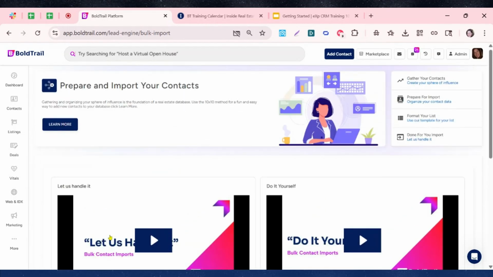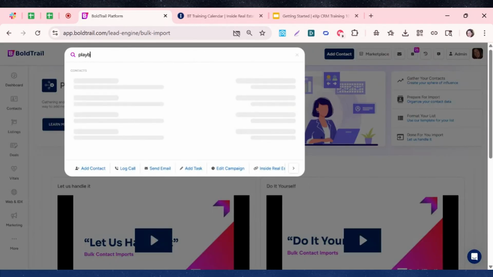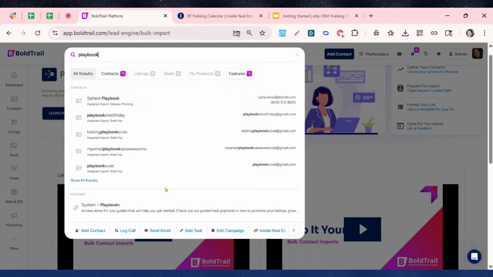If you are wanting to use the playbooks, remember I told you there's playbooks that are available as well. You can search using the Omni search for our playbooks. So in this case,